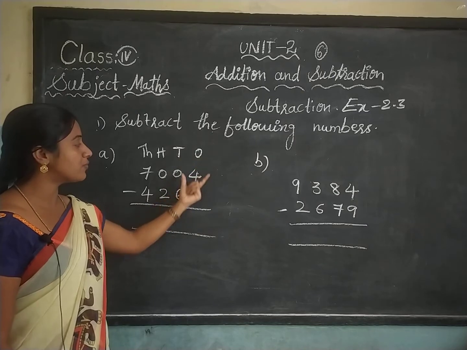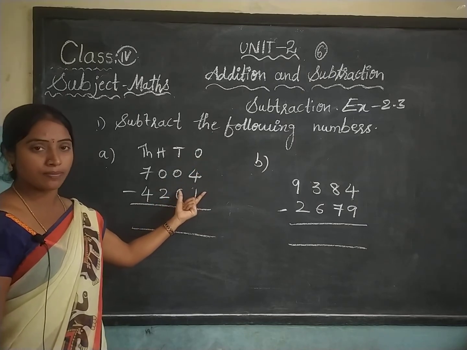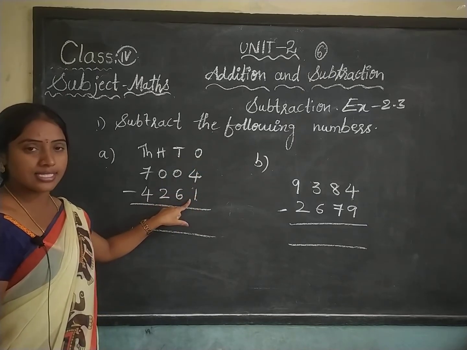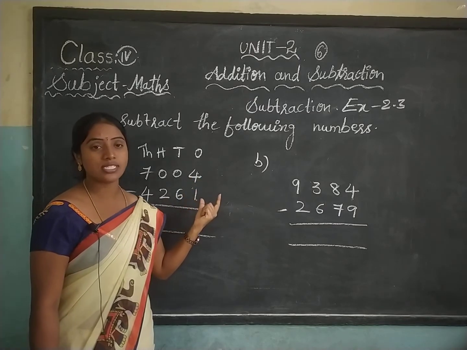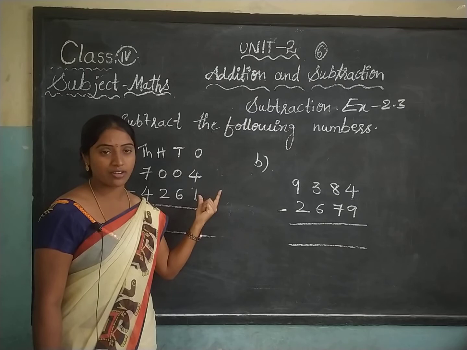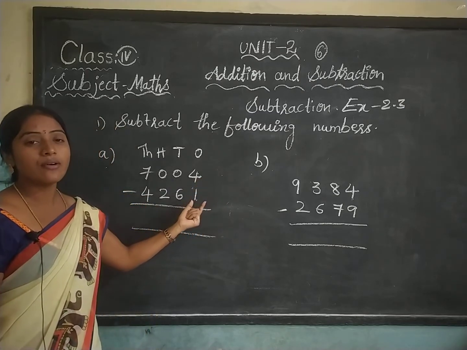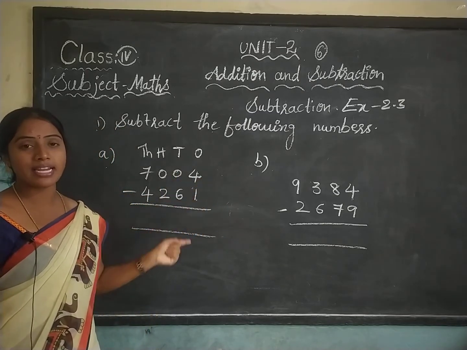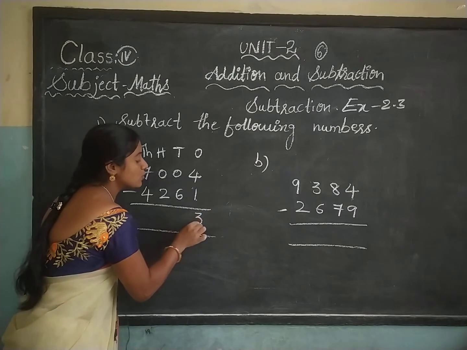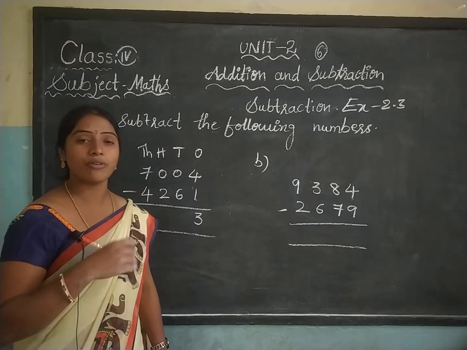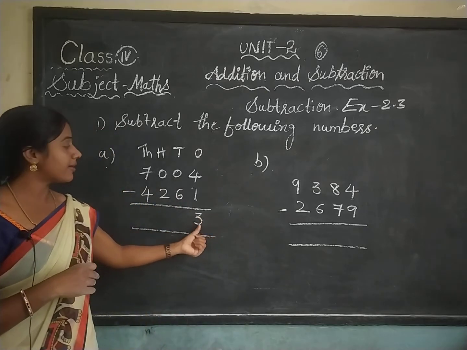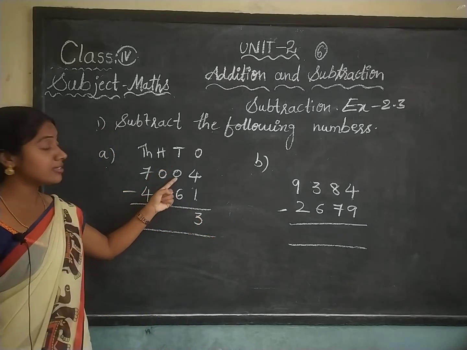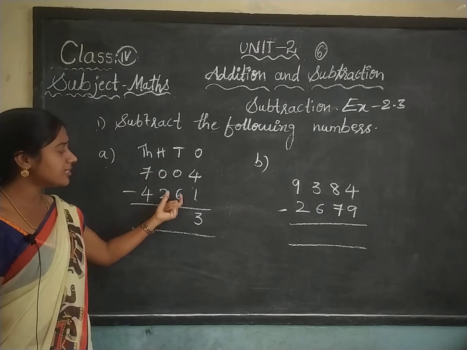So you have to first do subtract the ones column. Okay, 4 minus 1. See here, observe. So 4 minus 1 we can subtract or we cannot subtract? Yes, we can subtract. Why? Because 4 is a big number, 1 is a small number. So 4 minus 1, 3. So you should count before numbers. 4 before number 3. Okay, 4 minus 1 is equal to 3. Next we are going to the tens place.